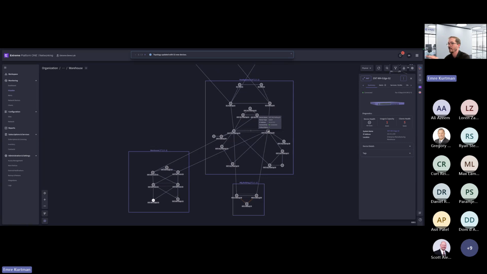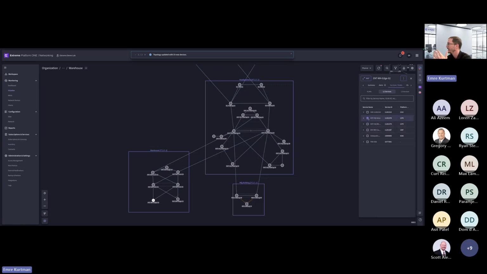First of all, if you want to see a particular service, whether it's configured on a device or not, you can just select any device, go to the services and VLANs, and you will see all the services that are configured on this particular device. If this is a non-fabric network, you will see all the VLANs. If this is a fabric network, on top of it, you will also see layer 2 and, if configured, layer 3 services.